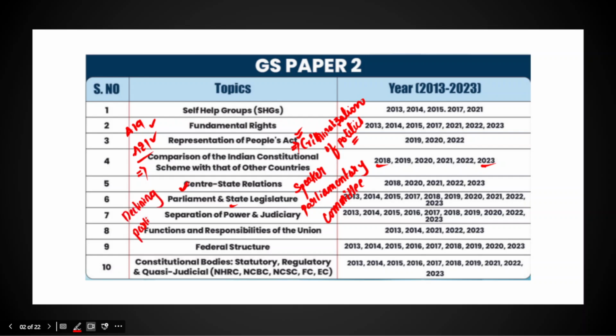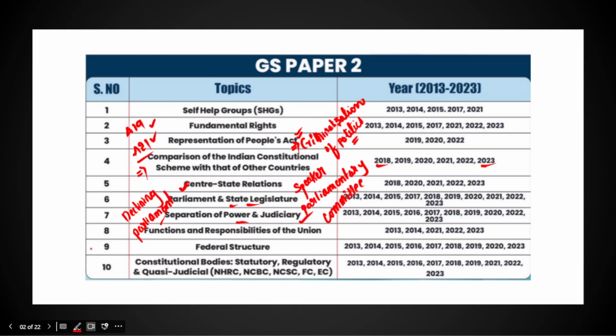So that essentially the very less number of bills are being referred to the parliamentary committees. And question hour or zero hour, so the number of questions being asked, or increasing absenteeism of the members of parliament. So those are the important topics. And apart from that, separation of power and judiciary is also another very important area.